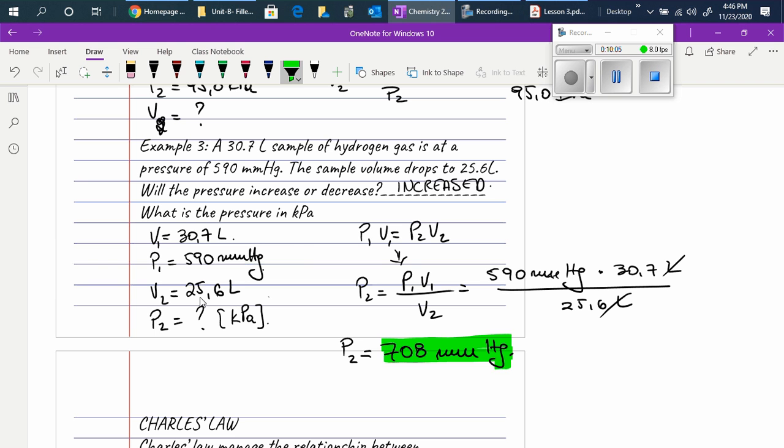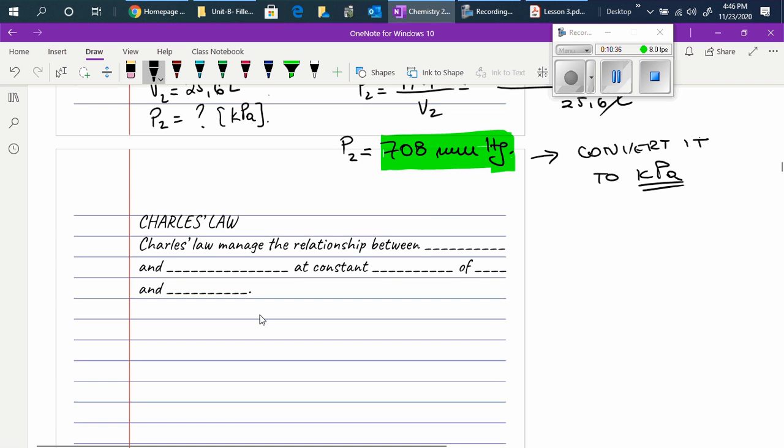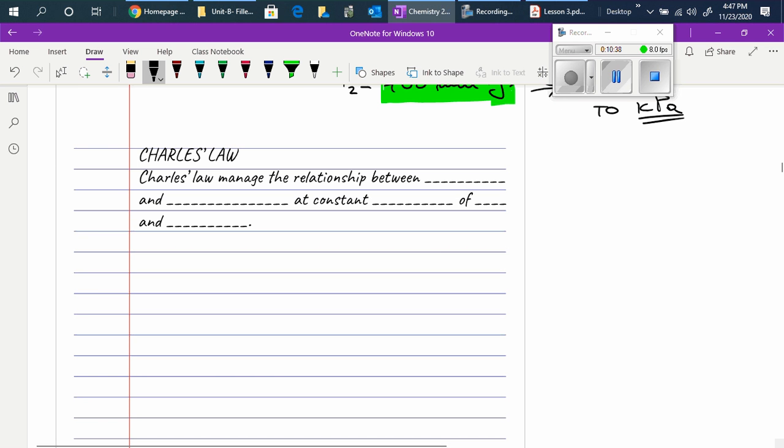from 590 to 708, and now your job is to convert it to kilopascal using what we said in the previous part of the lesson. Okay, so this is in terms of Boyle's law, and now when we are talking about